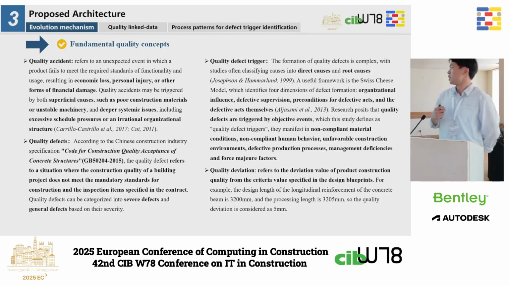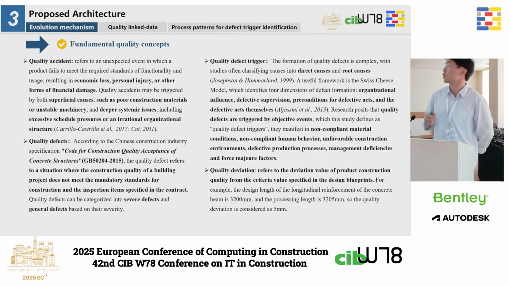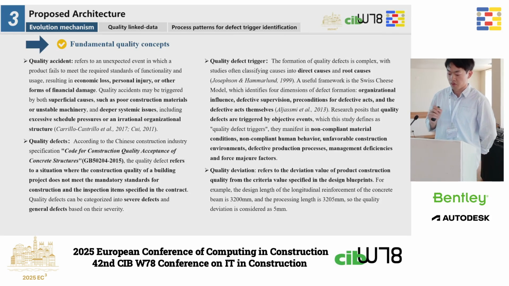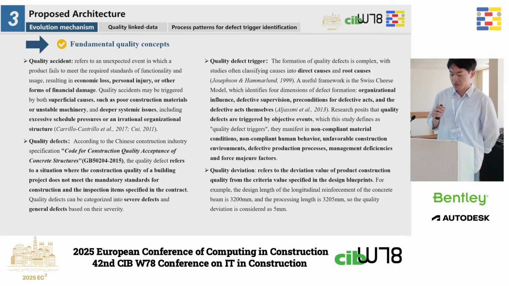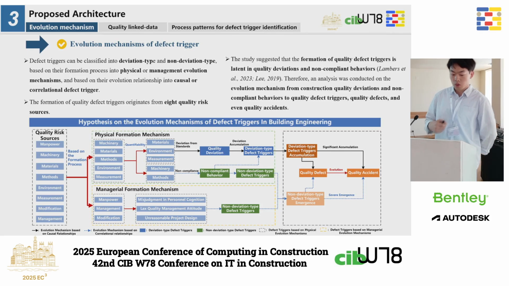The last concept is quality deviation. It refers to the deviation value of product construction quality from the criteria value specified in the design blueprints. For example, the design length of the longitudinal reinforcement of the concrete beam is 3,200 millimeters, and the actual length is 3,205 millimeters. So the quality deviation is considered as 5 millimeters. So based on the four key concepts,